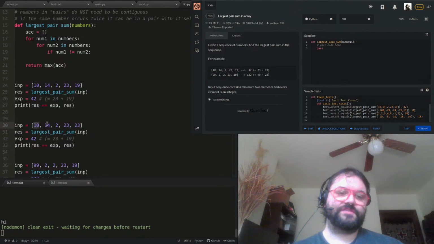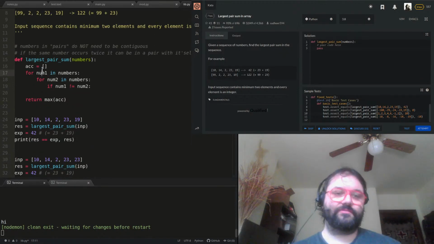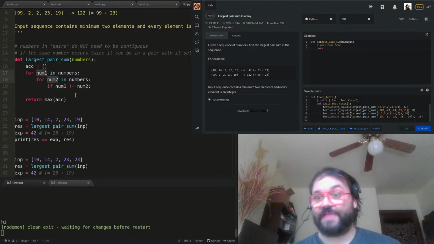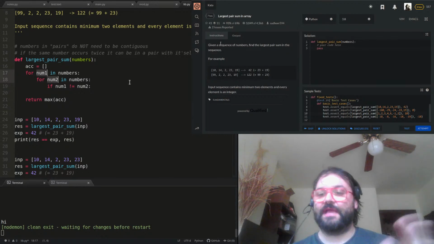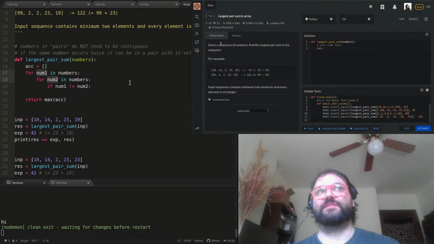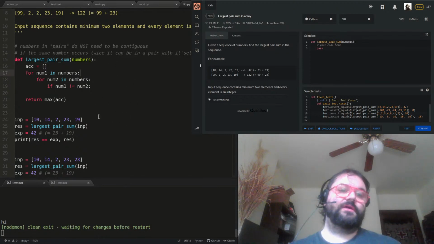what I want to do is just say, okay, if num1 and num2 have the same index, which at some point they will, then they're the same number, not only in value but in position. And it's actually that position that tells me not to do the comparison. So I